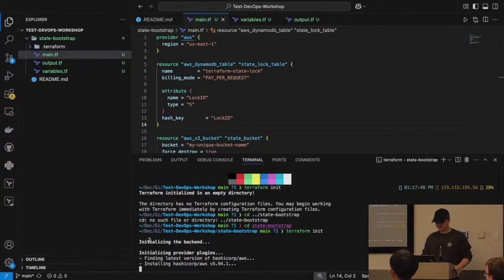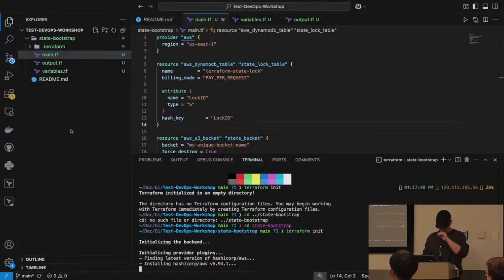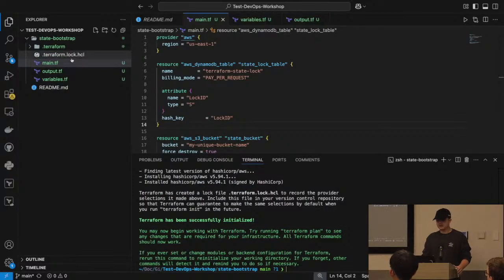Okay, so here you can see that we're creating our .terraform file. This is the metadata that Terraform uses to reference itself, essentially. And then it's going to create our lock. So this is how it manages a lock locally. Since we don't have this remote infrastructure yet, it needs to reference this locally. So that's sort of like the source of failure for Terraform, is how you actually provision the things that manage this. Okay, so now we got this started up.